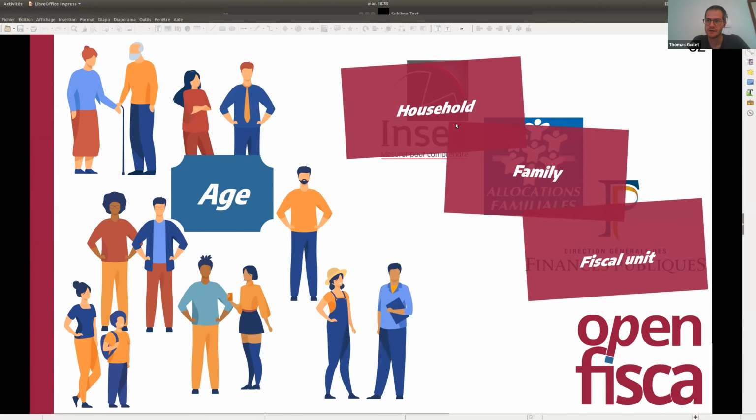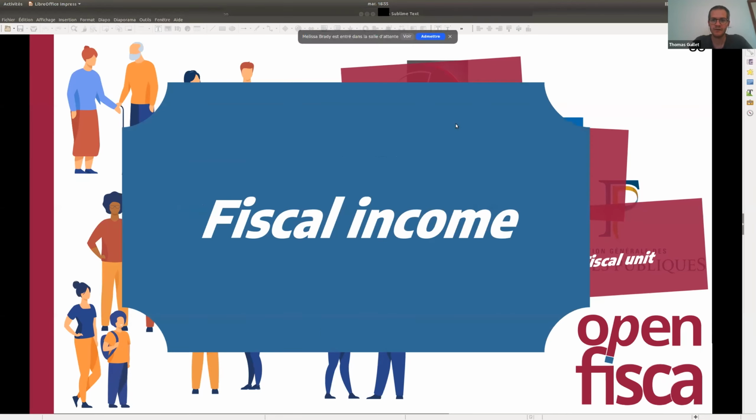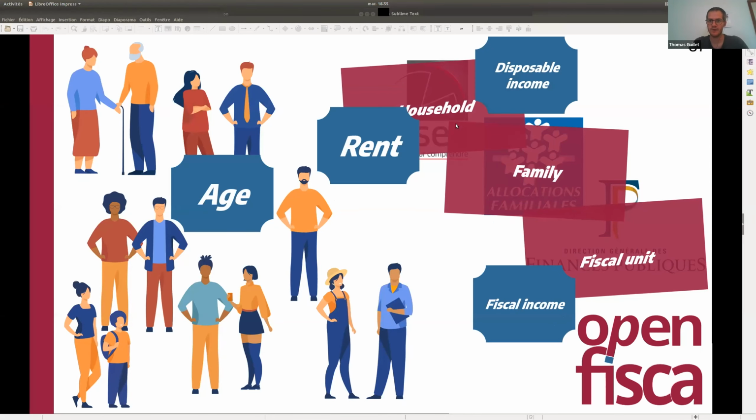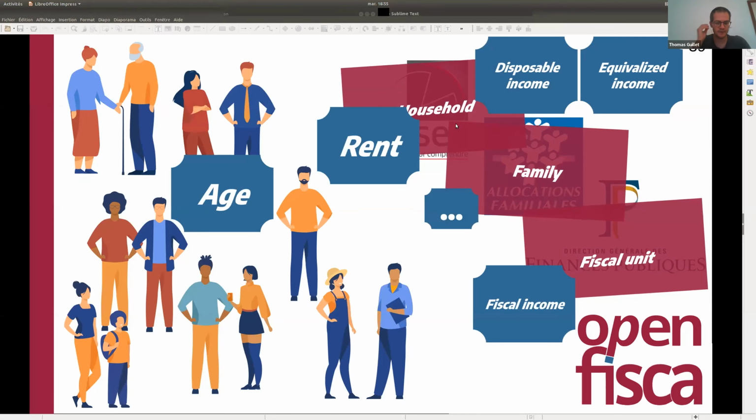So the age is associated to the individual, the rent is associated to households, the fiscal income to fiscal units, and so on and so on. In the French Open Fisca model, we've got more than 2,000 variables that are linked to one another that allow us to model and to manipulate and to create the rules that are within the French tax and benefit system.